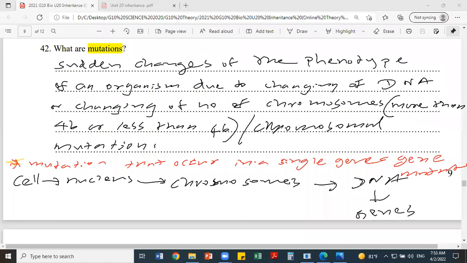Any damage caused to the DNA or the chromosomes of these gamete cells, you could better write this in a short notebook: any change or damage caused to the DNA or the chromosomes of the sex cells, so the gamete cells, are inherited. That means that's why nuclear weapons, nuclear bombs, radiations, subjecting the testis to radiation, subjecting the ovaries of the female to radiation or harmful